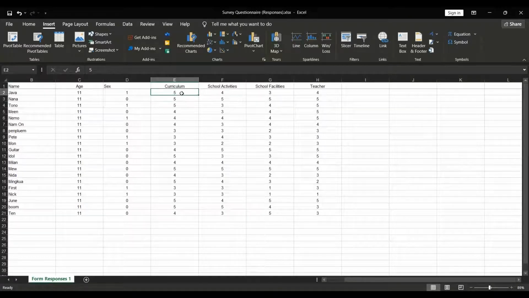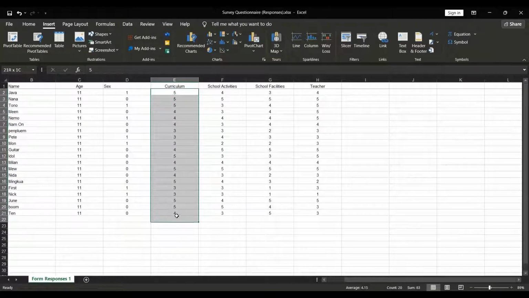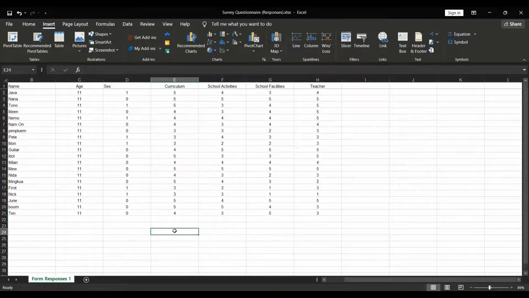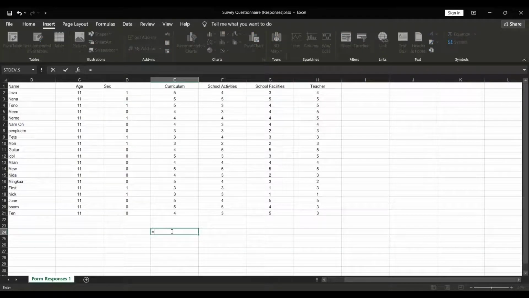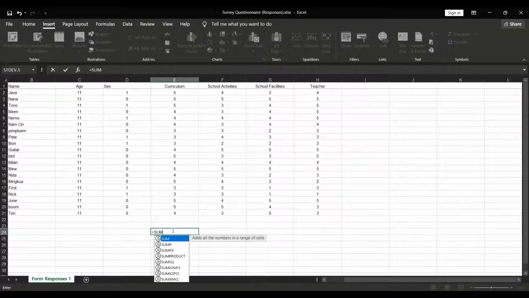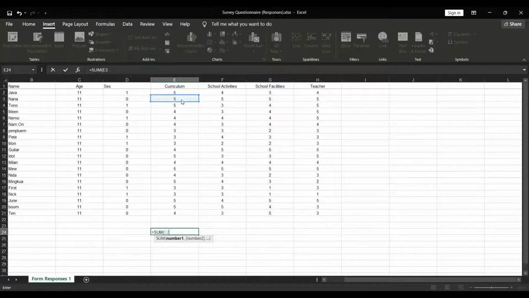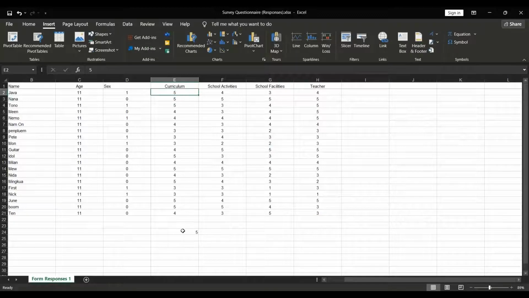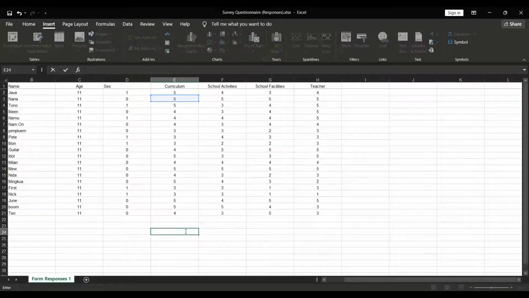Just highlight all. And first, equal sum, then open parentheses, highlight, oh no, again, equal sum,